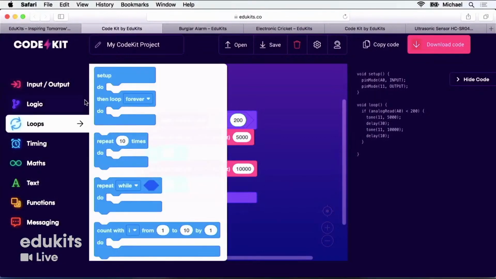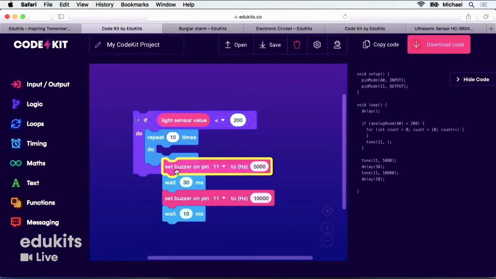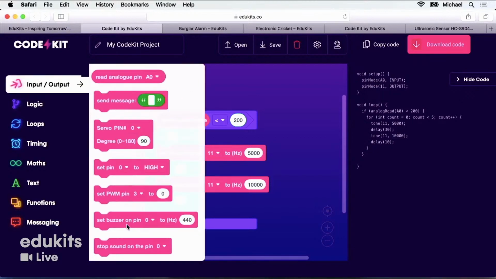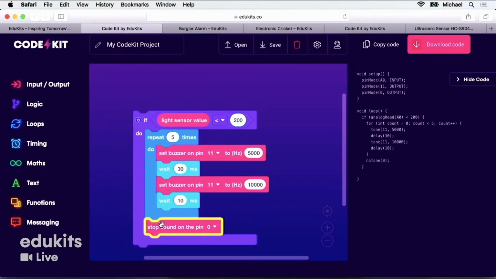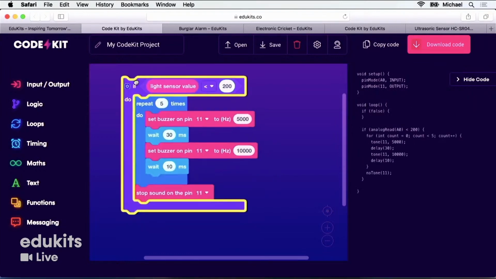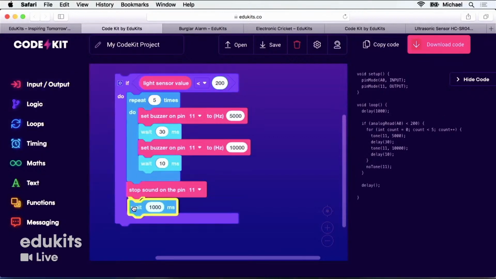So I'm going to stick in a loop block here, and this means that we're going to repeat our cricket sound a few times when there's light. We'll stick this in here, change it to 5, and then we'll stick a stop sound block. So that means every time we make a sound, we eventually have to stop it, and that's the way it should be, so that it doesn't annoy us eternally.